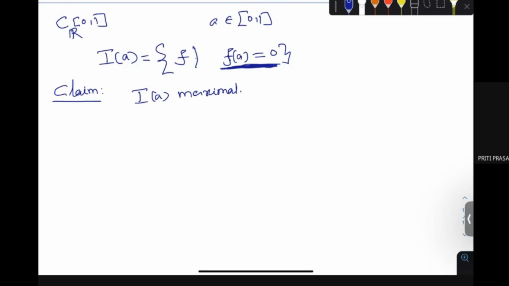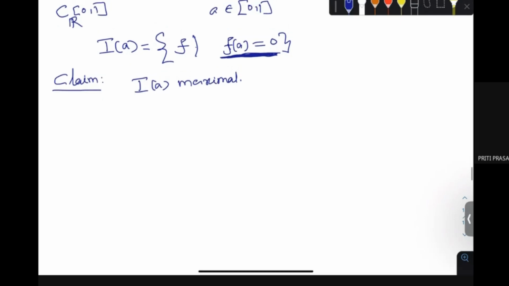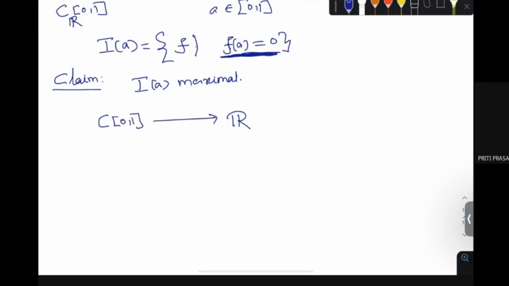I am going to give you a lot of examples. The moment you change it, many questions are asked from this area. Okay, be careful about this. Real number is a field. In the codomain, I put the real numbers, a field. In the domain, I'm going to put C[0,1]. I'm going to define a